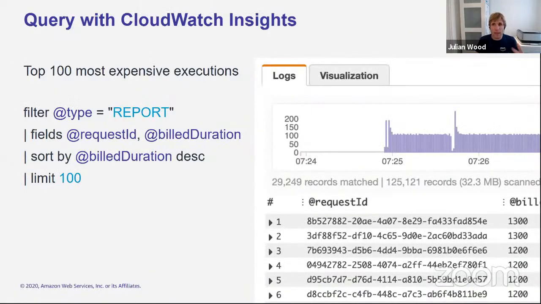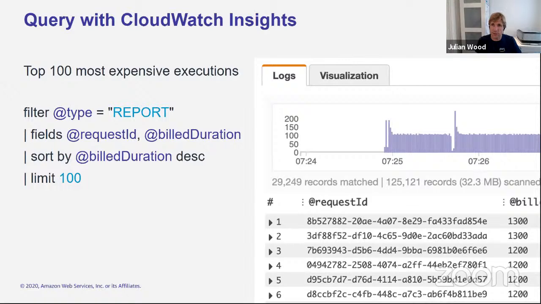But we can also do way more complex queries, even looking at built-in platform metrics. Say, in this example, looking at the most expensive Lambda executions. This query creates a report which gets the request ID and then also retrieves and sorts by the billed duration and displays the first 100 results. You could use this to find out any Lambda functions across one or more log groups that are taking longer than expected and maybe investigate further for performance issues. You could also use this to know where you can look first to save costs by finding the most expensive